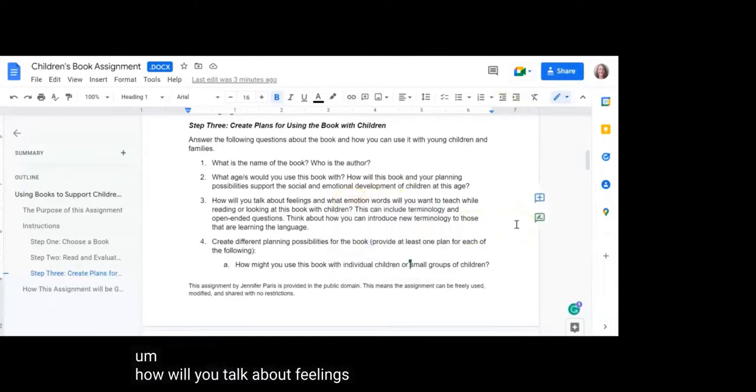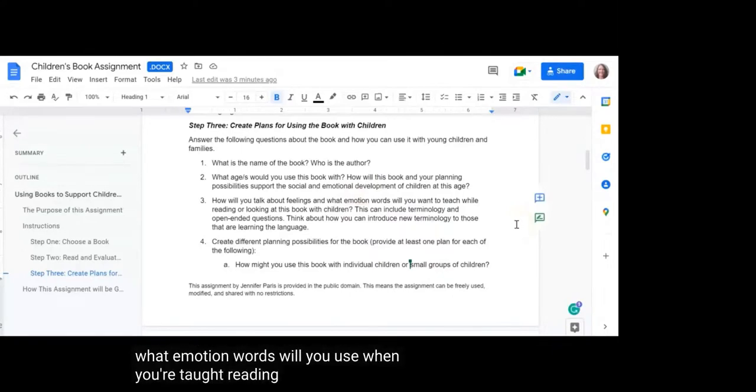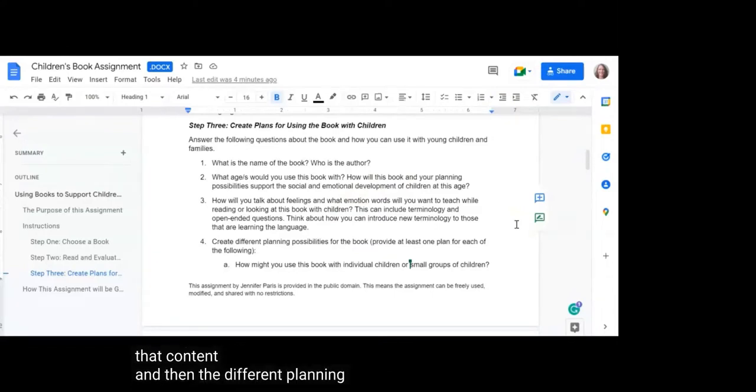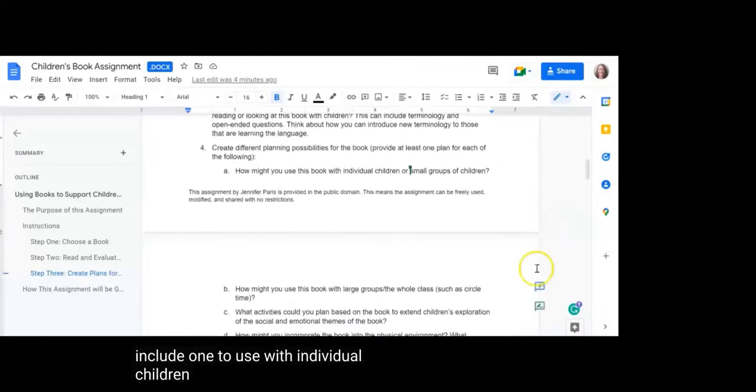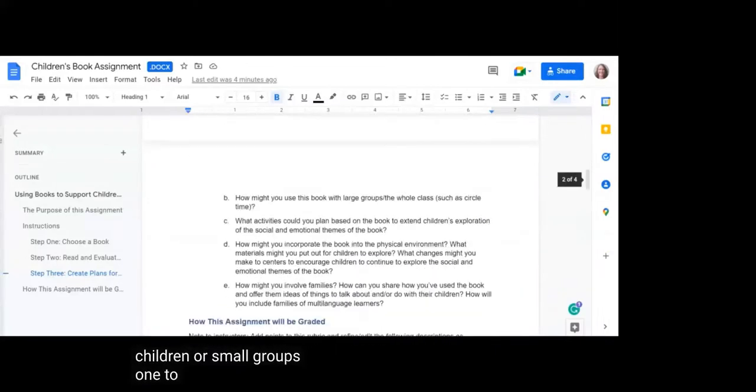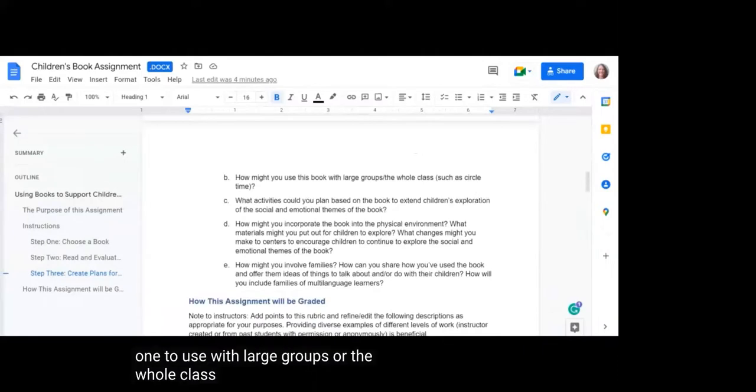How will you talk about feelings, and what emotion words will you use when you're reading the book and sharing this book with children, and thinking about open-ended questions and terminology? You may need to delve into what open-ended questions are with your students if they haven't already had that content. Then the different planning possibilities include one to use with individual children or small groups, and one to use with large groups or the whole class, with different planned activities that would allow them to further explore the